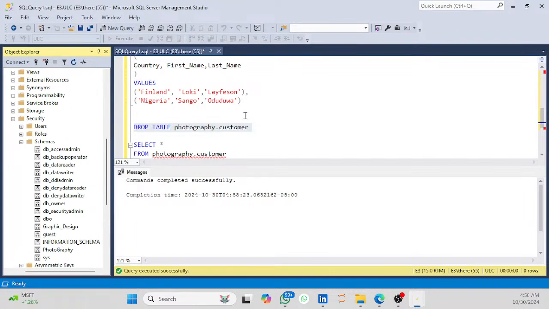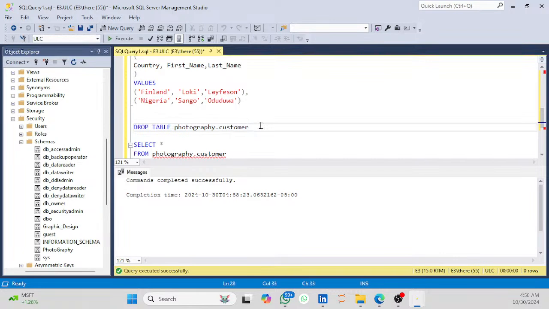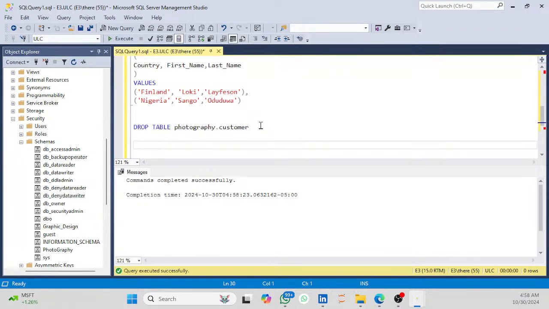And to delete a schema is also very, very simple. You are going to use the same drop, drop schema. Now you are not dropping table, you are dropping schema. You can see SQL is very, very straightforward, not like other programming languages that you need to be moving from